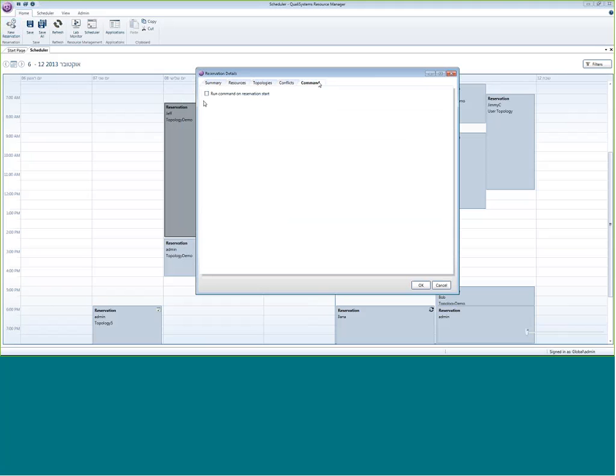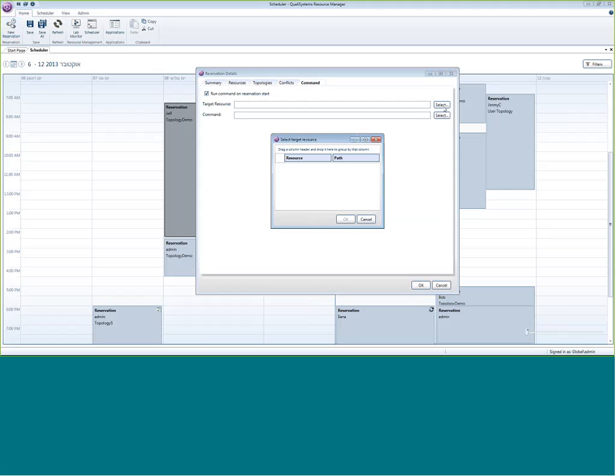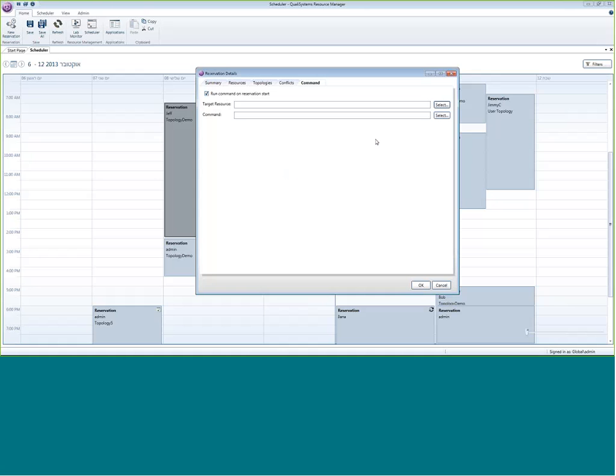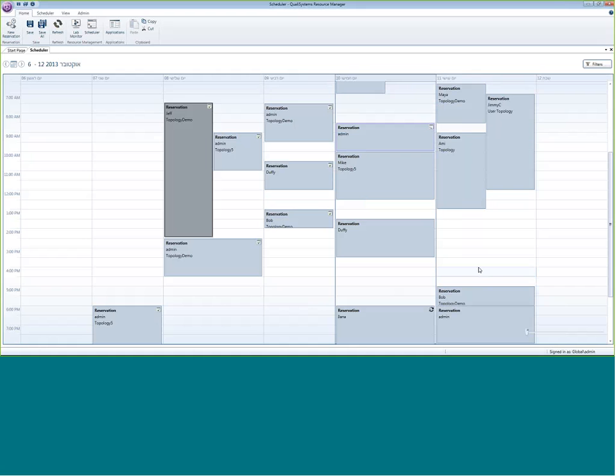And also I can run a command at a reservation start. For example, if I take a router or a device, I can have a command for it ready to load a specific image, and it will happen in the beginning of the reservation. So to summarize what we did today, I showed you the reservation, and we spoke about